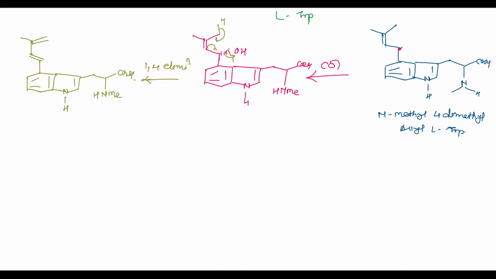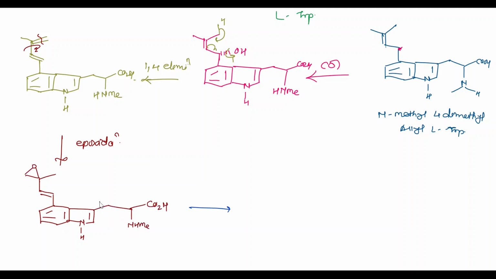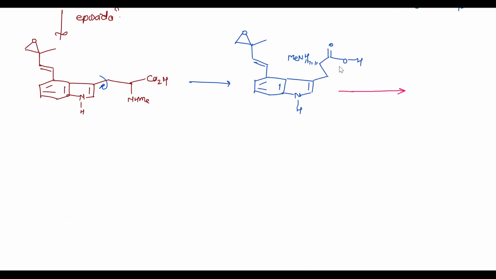In the next step, epoxidation takes place of this double bond with rotation and we get, in the next step, rotation of this single bond takes place. In the next step, decarboxylation takes place with opening of the epoxide, which allows ring closure, and we get